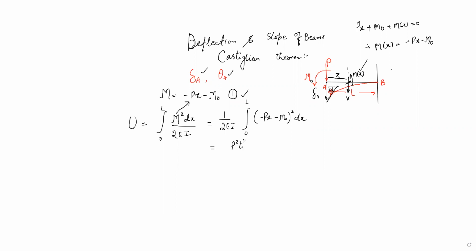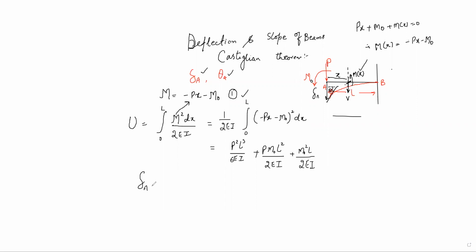This will be P squared L cubed by 6 times EI, plus P times M naught L squared divided by 2 times EI, plus M naught squared L divided by 2 times EI. This is the total strain energy of this beam. Fine. Now, once you have calculated the total strain energy of the beam, then it's quite important to find that